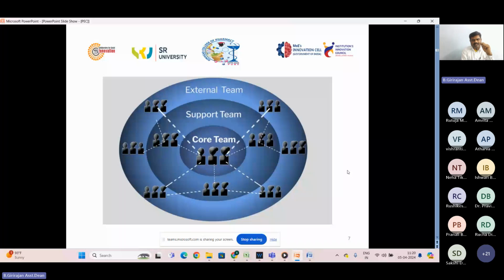So the core team is your team members who are all like-minded and getting focused into the single point of product design and completing it on time. So next is your supporting team. The supporting team at the college level or the institution level, when we talk, or the laboratory facilities provided to you, the lab in charges and experts in your institution. So you can select the supporting team as well-known faculty members or staff members in the lab for completing the product design.